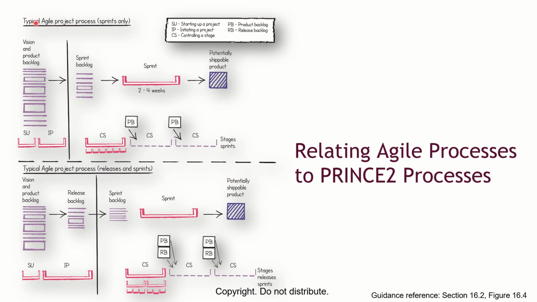In agile projects, you start with vision and product backlog. The vision is the idea you have for the end product of the project. What is the idea? For example,